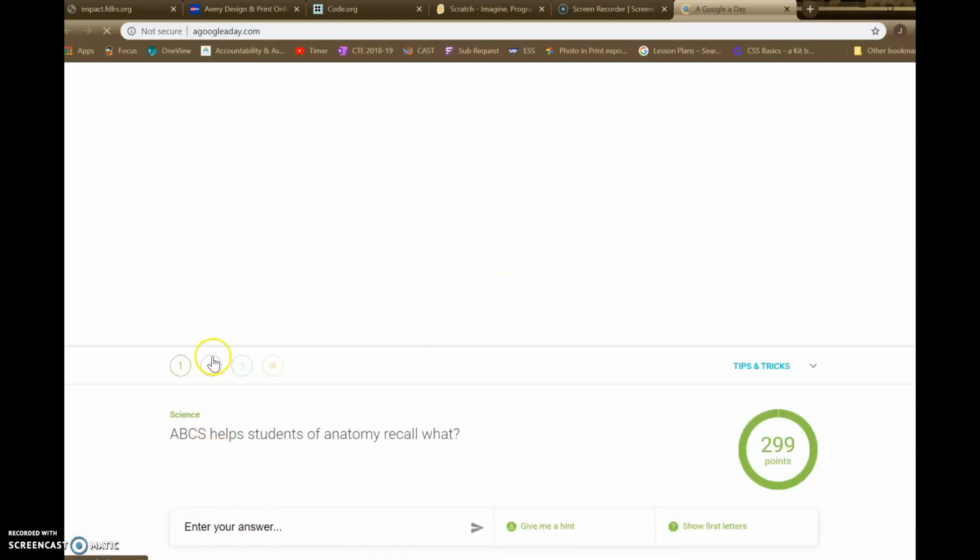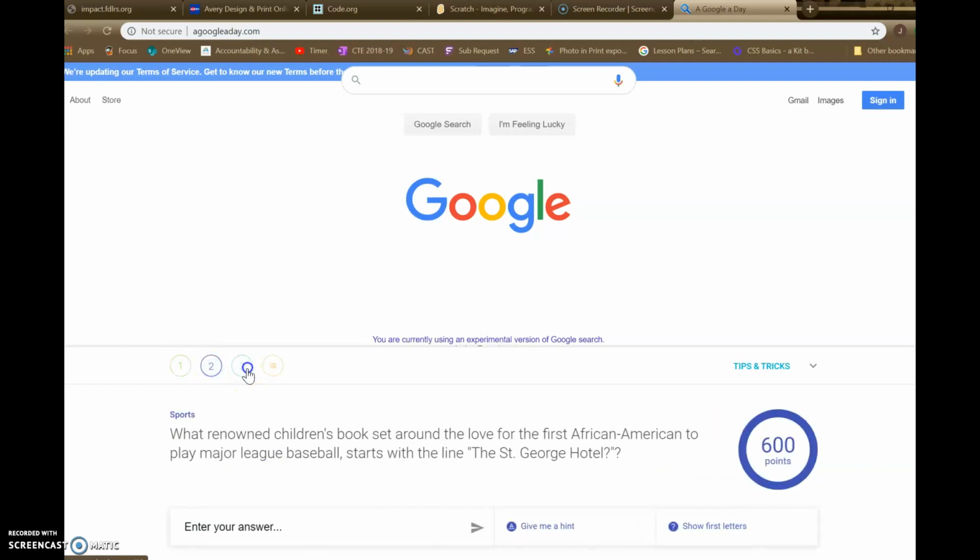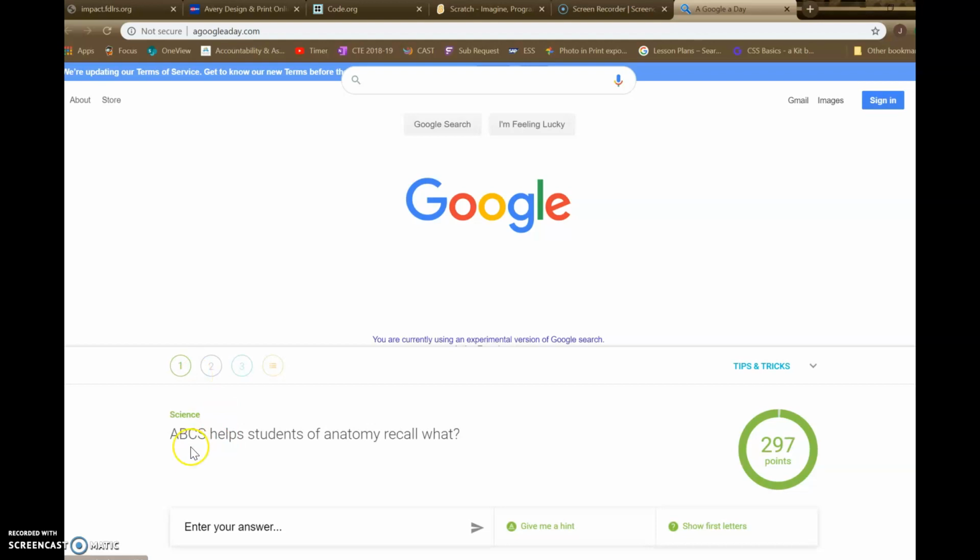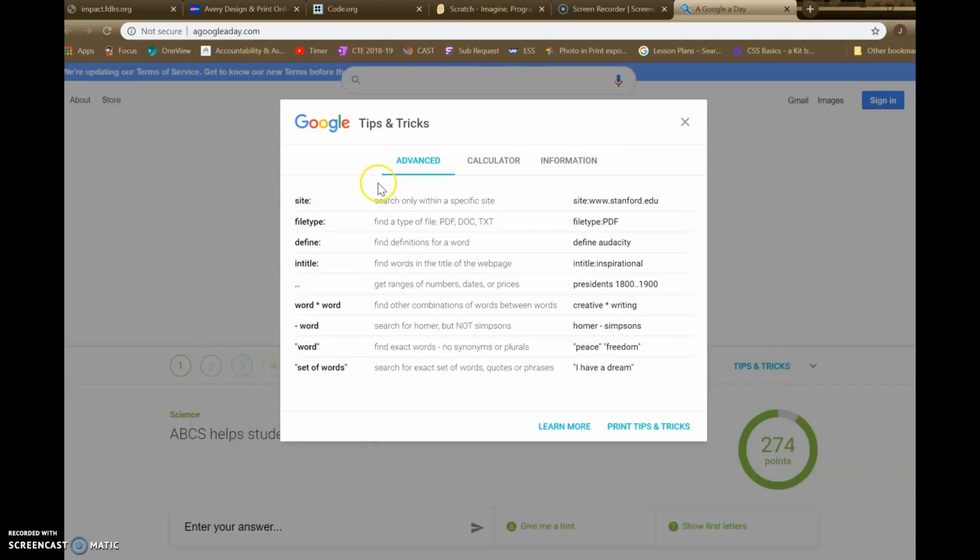Now there are 3 questions. One is harder than the next and gives you more points. So you're going to want to use your searching skills to see if you can figure out what this answer is. So you'll search right up here, and when you think you have the right answer, you'll just type it in right here and press the little paper airplane. If you're really stuck, you can use some of these hints, but that takes away some of your points. So you can also look at tips and tricks right here and try to find out. This is a lot of the stuff that I've already taught you, so hopefully you'll use some of those skills.